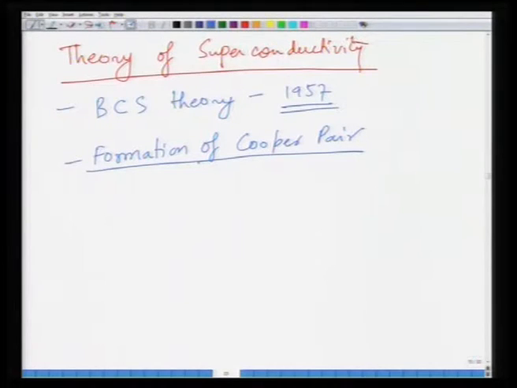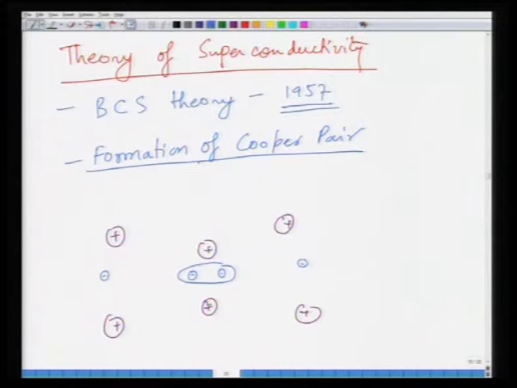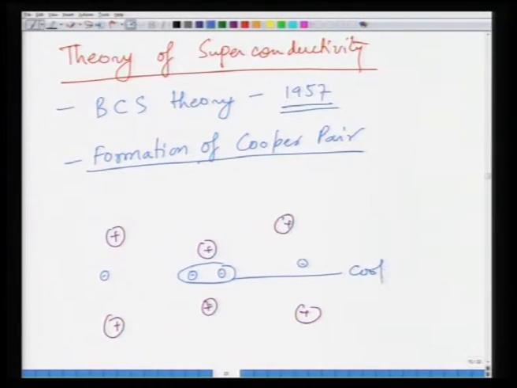So, what you have here is these lattice ions, and you have this pair of electrons which interacts with the lattice and leads to some distortion in the lattice. You can see that these two ions are closer to each other. So, there is an interaction of electrons and lattice which gives rise to the formation of this pair of electrons. So, this is your Cooper pair,